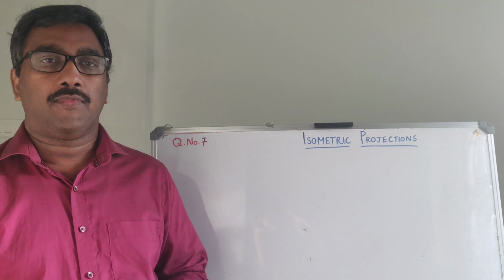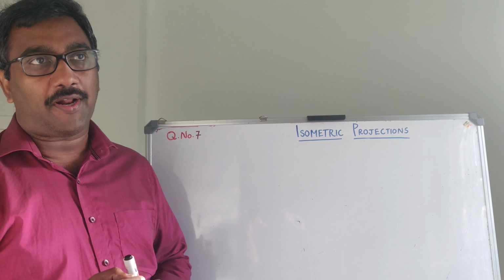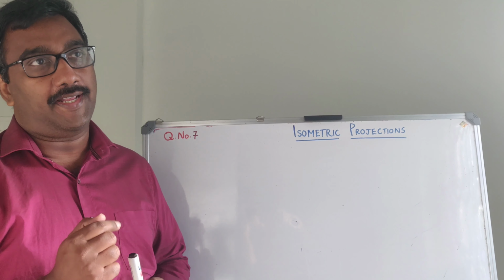There are mainly three dimensions. One is the bottom diameter of the cone, that is 50 mm. Another one is the top diameter, that is 30 mm. The height is also given, that is 45 mm. So we have to take all these dimensions from the isometric scale initially. So we will start the isometric scale.